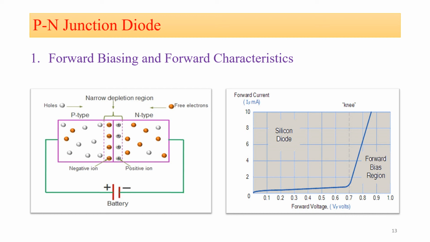Now when the voltage across the p-n junction diode equals 0.6 volt to 0.7 volt, a large current will flow through the diode, and that indicates your diode is in the on state. With further increase in the applied battery voltage, the voltage across the diode remains constant, between 0.6 volt and 0.7 volt, but only the current will increase, and that indicates your diode is in the on state.